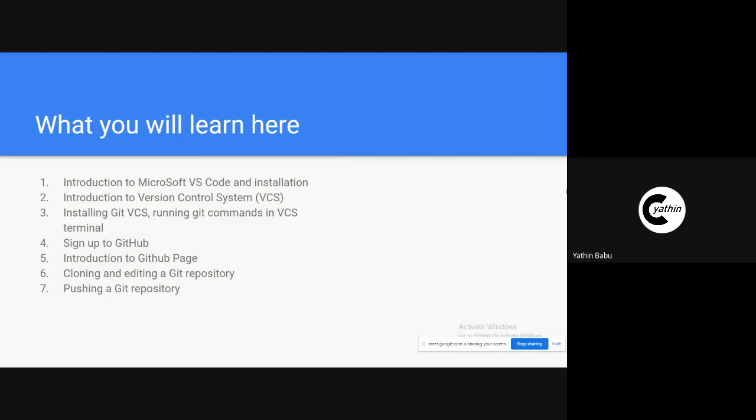Then we'll sign up to GitHub. Then I'll give you a little introduction to what GitHub Pages is, and how you can develop a website on your local system, deploy it to a remote server, and then maintain it. That's the overview of what we'll go through in this webinar.